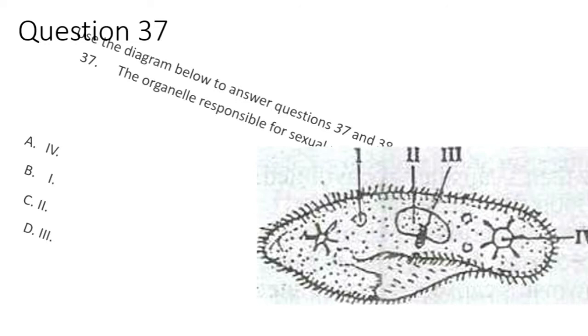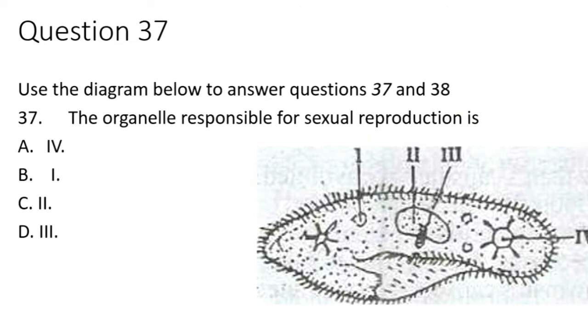And you use the diagram below to answer questions 37 and 38. This is the structure of a paramecium. And the various organelles are labeled 1, 2, 3, and 4. Now, question 37. The organelle responsible for sexual reproduction is A4, B1,